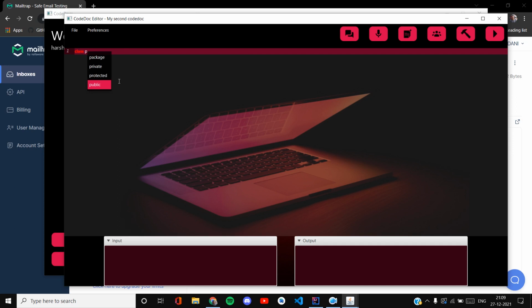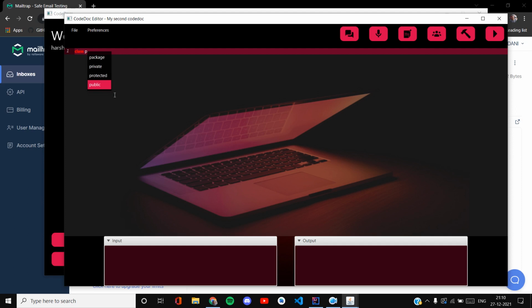which we have specified in the CSS. For example, right now I have typed class and it appeared in red color. If I type something else, say a brace, the brace appears in blue color. So along with the style class, we have stored these tokens in a trie, and similar is the logic for the autocomplete feature. We have stored these tokens in a trie, and the trie suggests recursively all the possible completions. Like if I type P, it considers P as the prefix, and these suggestions it loads recursively using all the information which we have initially stored in the trie.